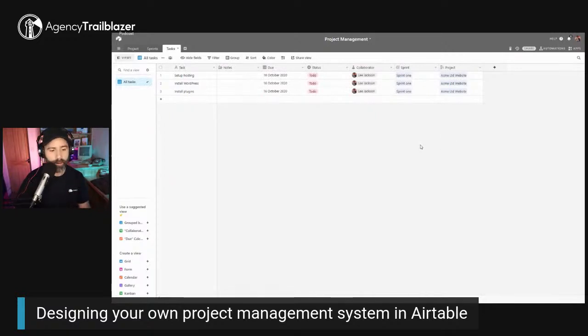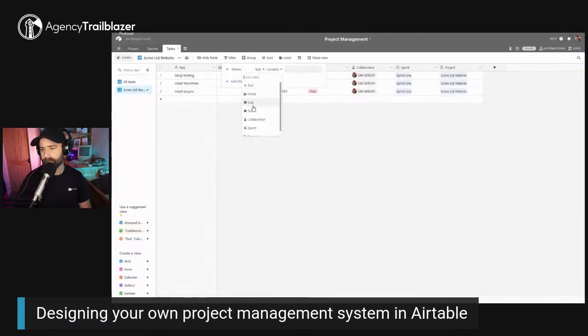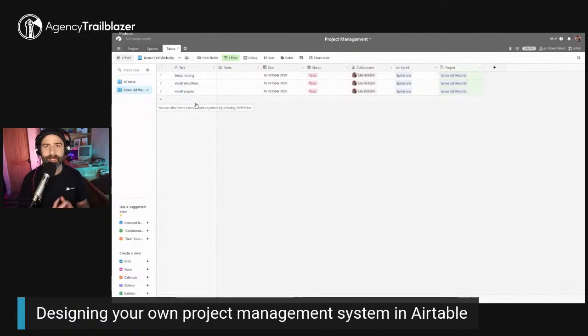A limitation of Airtable, however, I found is that if you try and group by a lookup field, that stops you from being able to add new records. What I like to do is create a view per company. So I would duplicate this view, and I'm going to say that this will be the Acme Limited website, sprints, etc. And then I will go to filter, add filter, and I will say that the project must contain Acme Website Limited. That means that when I go to this view, I can see all of the tasks that are related